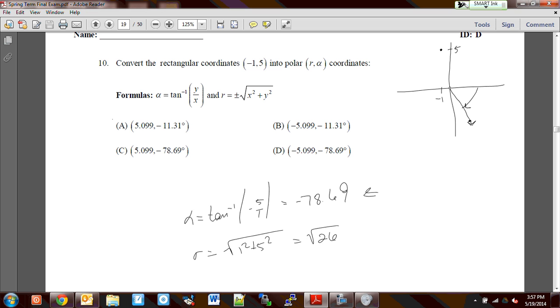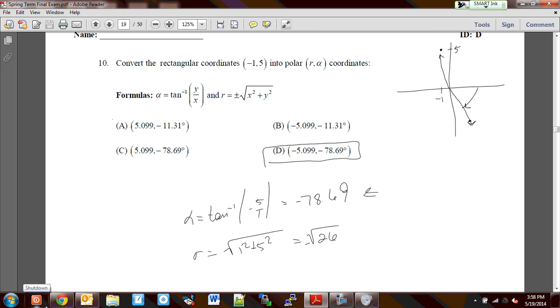So that means we're going to have to use a negative radius to get up to that point. Okay, because we're going backwards from where our angle is. Our angle is in the fourth quadrant. We're going backwards from that to make our point in the second quadrant. So we're going to have to use a negative radius. So therefore, our answer is going to have to be negative 5.099 and negative